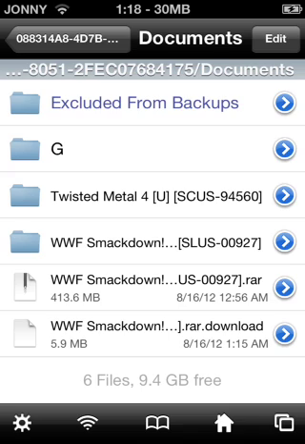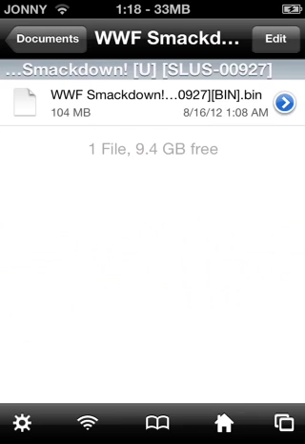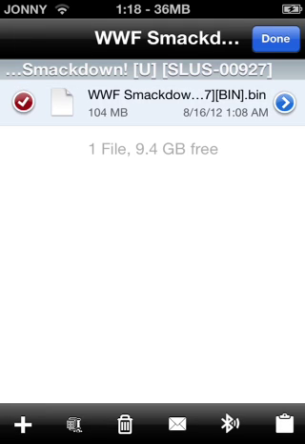Okay. And as you see, once you extract it, it's gonna look like this in a little folder. And you're gonna want to open it, and you see it's only one. Maybe it might have 3 or less. And it's gonna have to be a bin file, and either a bin or an IMG, an image, I guess. Then once you do that, you're gonna want to put edit. Then you're gonna want to check it. Hit the clipboard on the bottom right here,